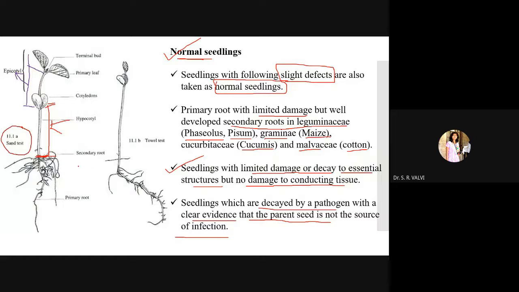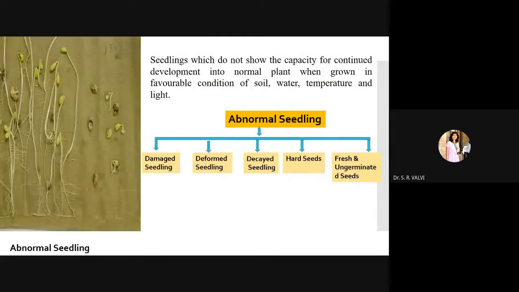Now, till here we have discussed the characteristics of normal seedlings, right? Now see, what are the characteristics of abnormal seedlings? Here you can see this portion, you are observing the good growth of the seeds, right? On my right-hand side, seeds are there but they are not well germinated. On the left side you can observe good growth of the seeds, but here there is no growth, and such seeds are called what?